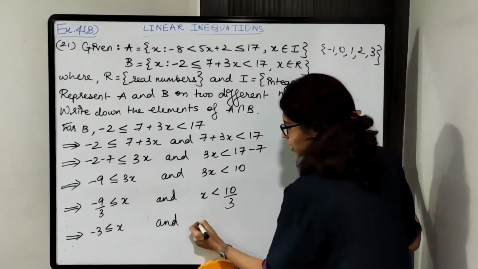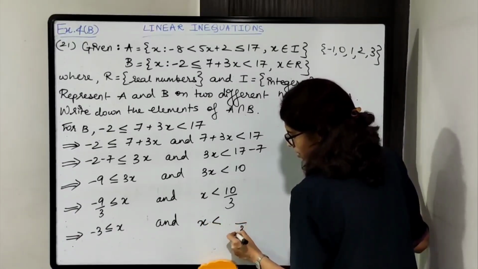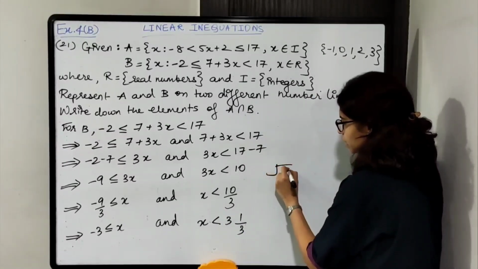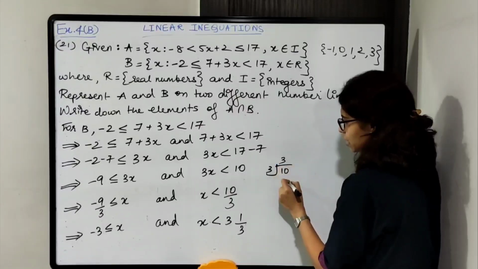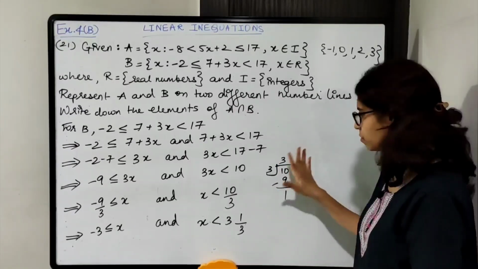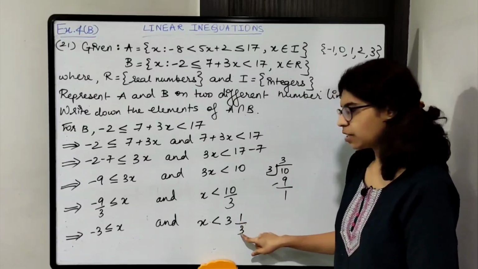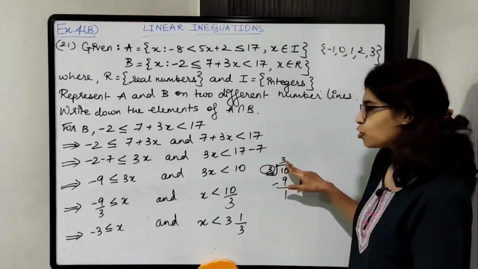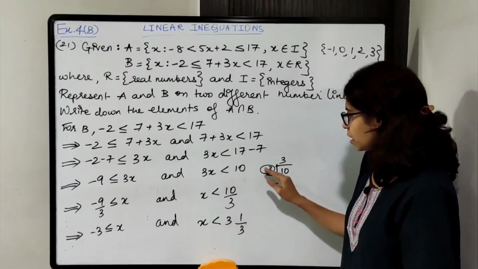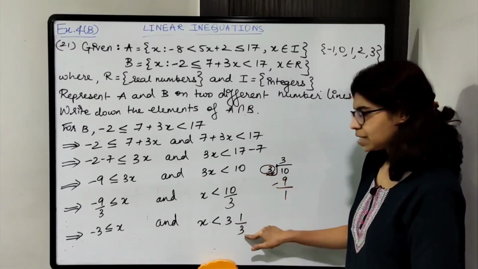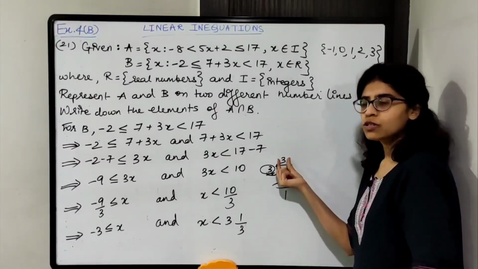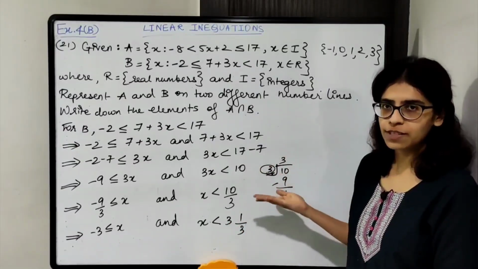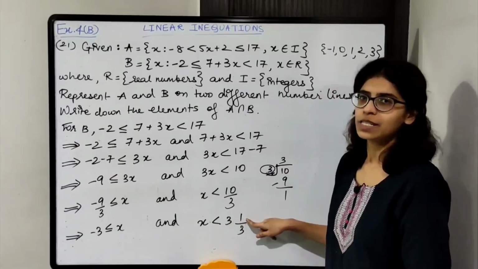So mixed fraction form में क्या हो जाएगा? It will be 3 1 by 3, है ना? Divide 10 by 3, so 3 3s are 9 and there is a remainder 1. Stop over here. Denominator 3 है, okay? So that denotes this 3 divisor. So quotient जो है वो साइड में आ जाएगा, okay? Denominator as it is, divisor as it is, this quotient will be on the side and remainder in the numerator. Cross check karo, are you getting the previous step again? 3 3s are 9, 9 plus 1 10, 10 by 3.